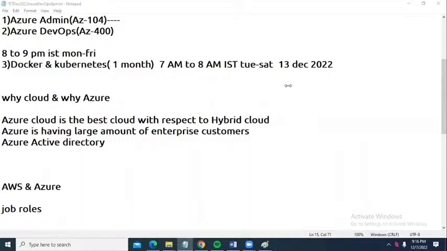Yes, by using the same account, we can perform Azure admin and Azure DevOps. They will freeze the account after 1 month, and then you will be converted to pay as you go. In pay as you go also, you are going to get a few services free. I have the account here; it has currently changed to pay as you go. Very minimal charges are going on, 100 or 200 rupees per month. That's it, you are not going to get more than that.